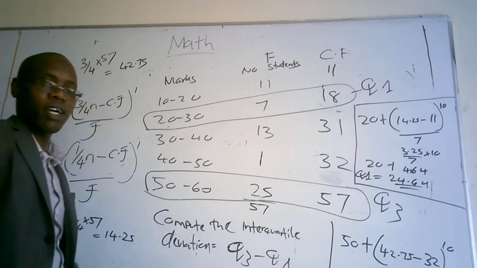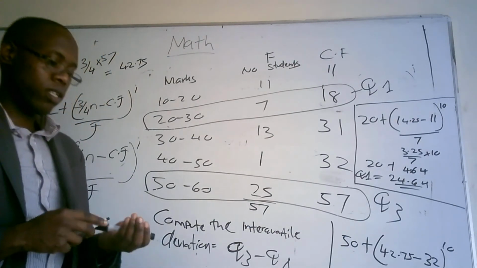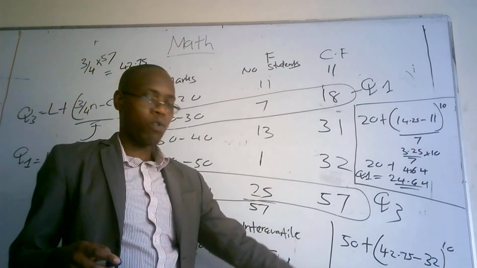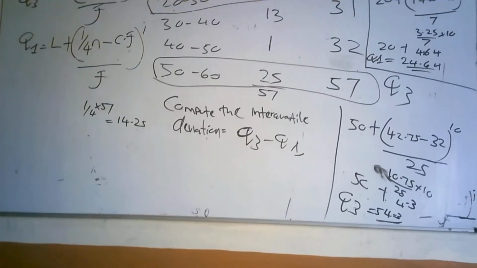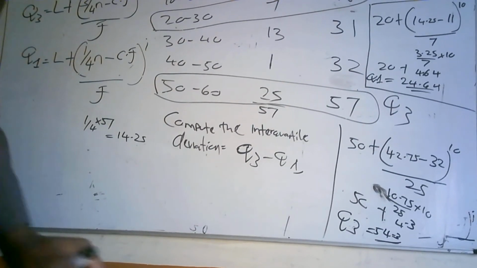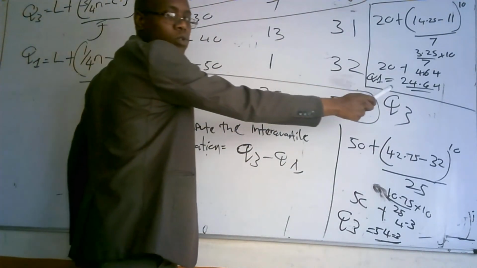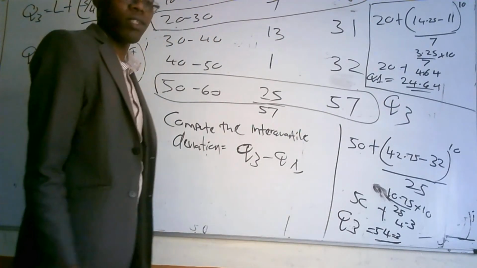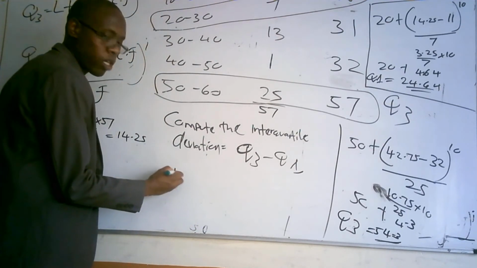So now, having done that, we can now calculate the interquartile range. So we have our quartile 1 to be 24.64, our quartile 3 to be 54.3. So let me put it somewhere here. Yes, now you can see that we have our Q1 to be 24.64. We have our Q3 to be 54.3. So our interquartile range now, interquartile range or interquartile deviation,